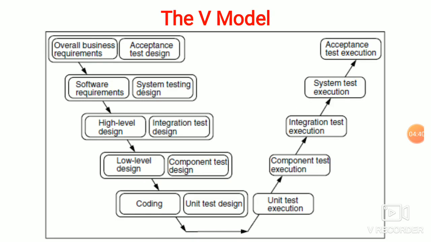The next model is the V model, and this V model is important for 5 marks in your exam. Let's study the V model. The V model splits testing into 2 parts, that is design and execution. The test design is done early while test execution is done in the end. There are different types of tests for each phase of the life cycle. Even though the execution of the tests cannot be done till the product is built, the design of tests can be carried out much earlier.